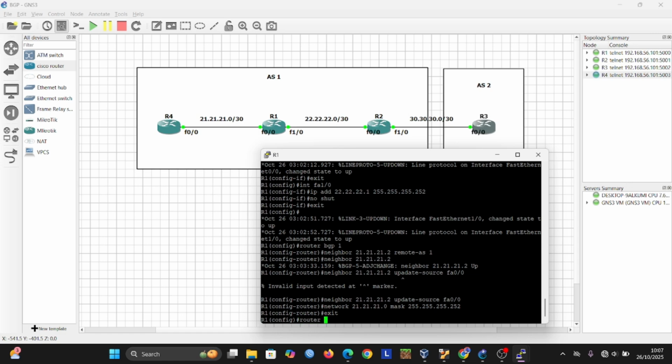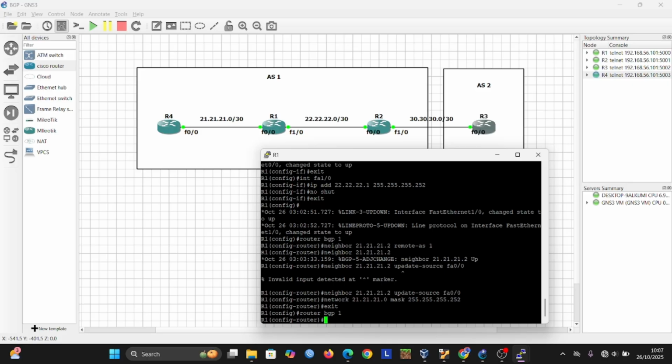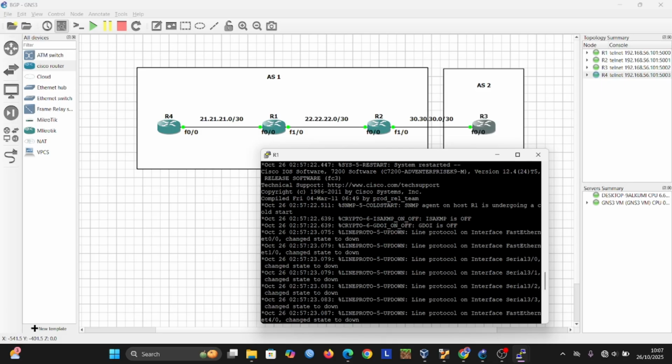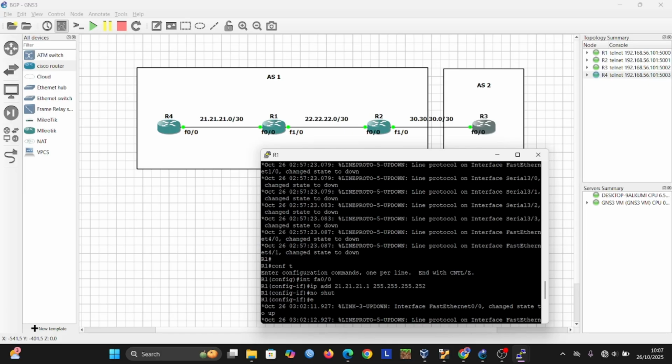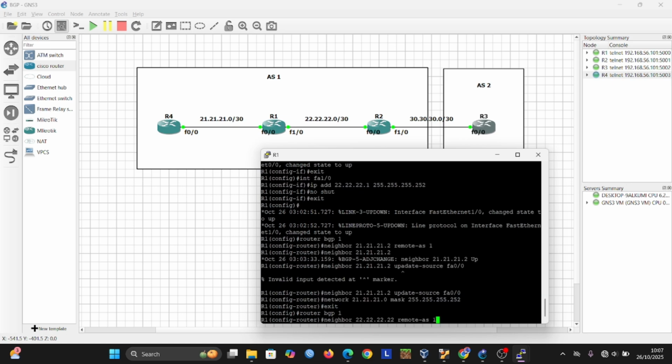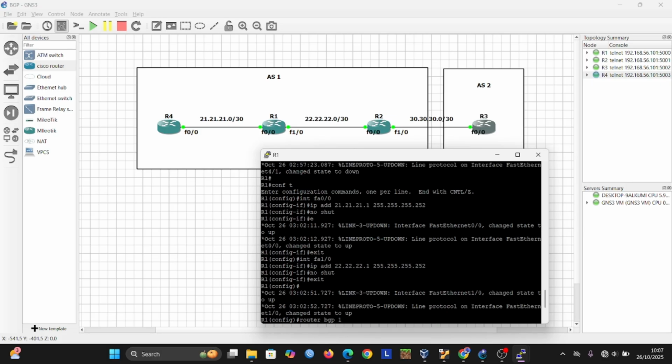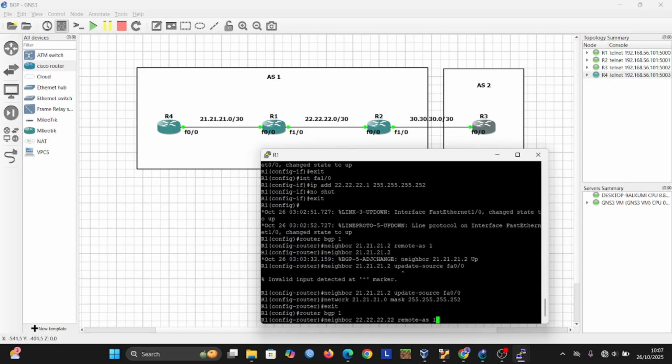After this, we configure router 2. We enter router BGP 1, and we enter the neighbor to the router, with remote-as. Don't forget the IP, oh yeah, I forgot.